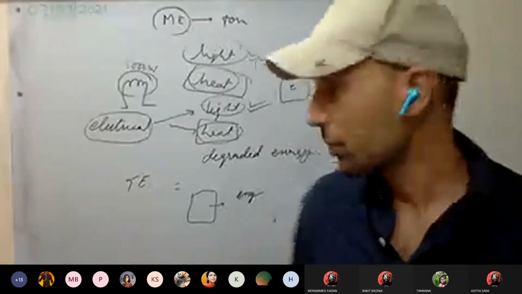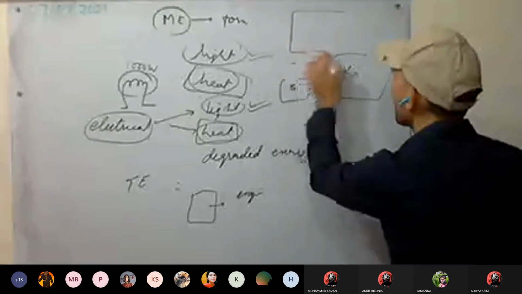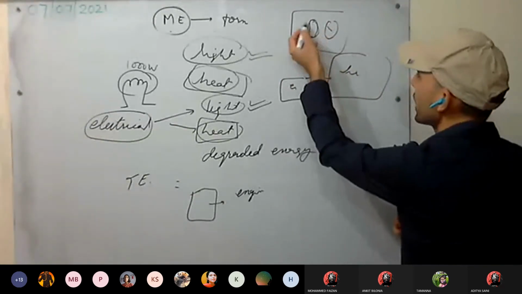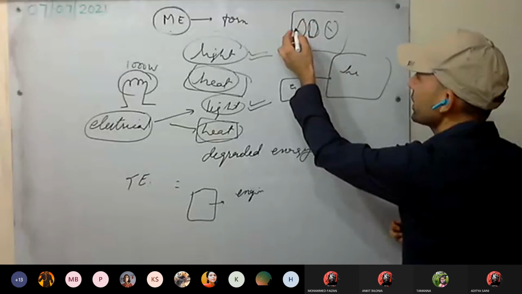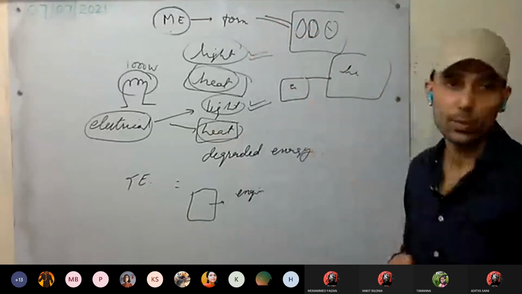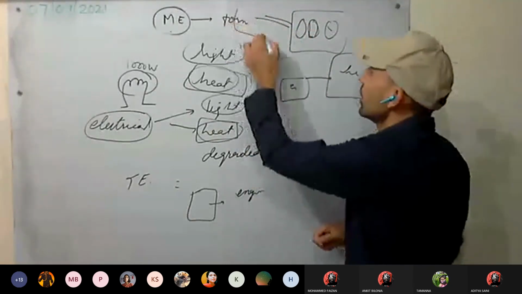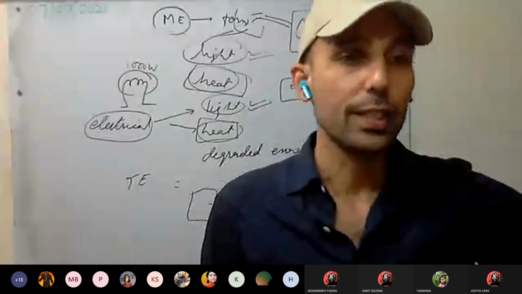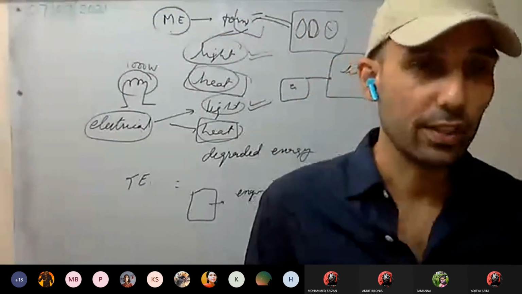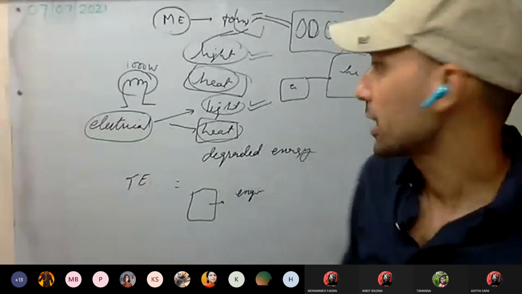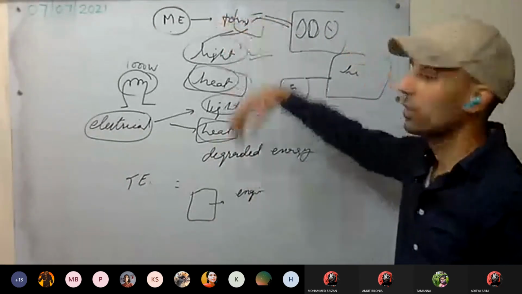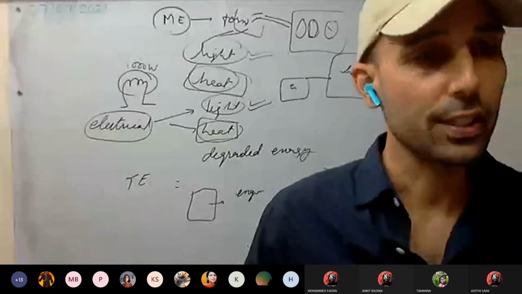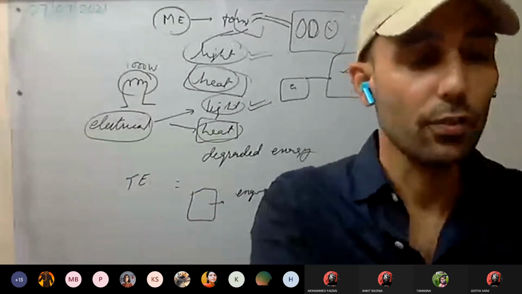Or for example, you have a power plant where boilers produce steam, the steam is used to run the turbines, and the remaining steam, where will it go? It can be used to heat some water. This water can be circulated through the city to heat home spaces. We can use it that way as well. This is the degraded form of energy only. What we haven't used is the degraded form of energy. We can use it in another form.